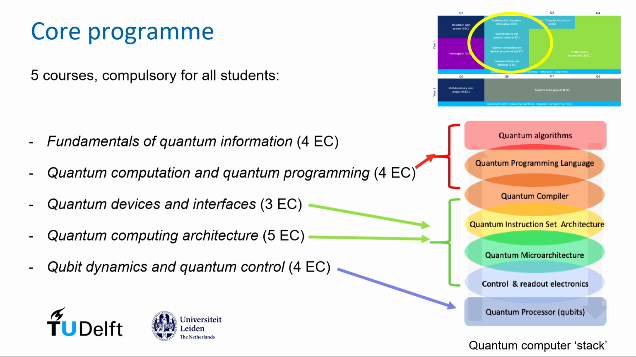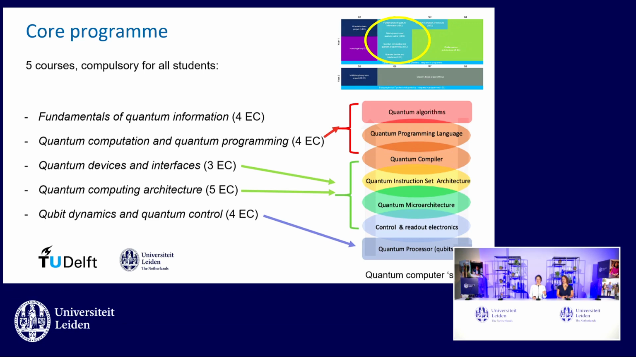So at the bottom of the stack, typically you'll find the hardware, the qubits, the quantum processor. So that's very physics-like. You'll learn about hardware in the course Qubit Dynamics and Quantum Control. Moving upwards, there's the readout electronics and the microarchitecture. That is more related to electrical engineering knowledge. So there'll be two courses that teach all of you, that deepen your knowledge on devices and interfaces and on